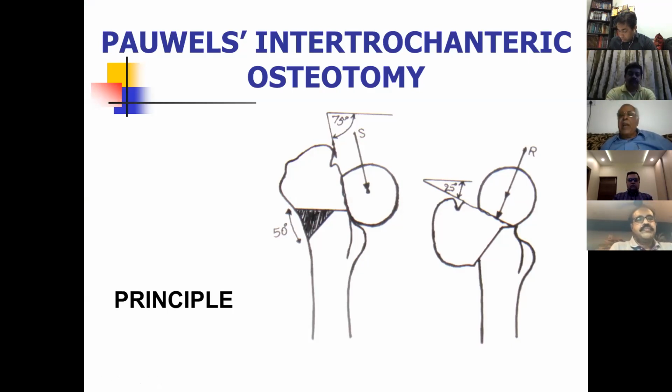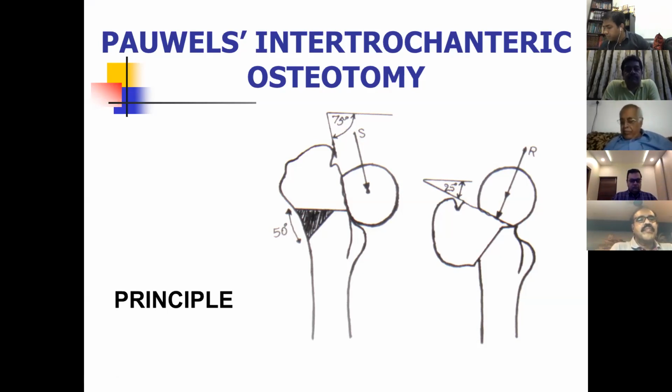So now we have better implants, particularly the double angle blade plate or a double angle barrel and DHS plate. You can even use DHS plate. That depends upon your skill. So if you use a double angle barrel plate, some stabilizing implant, this medialization can be prevented and genu valgum can be prevented. Limb length equalization can be achieved. That is the beauty of this osteotomy, and that's why the two other osteotomies have almost been replaced